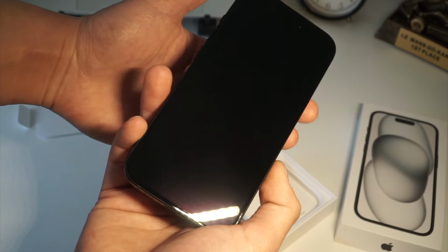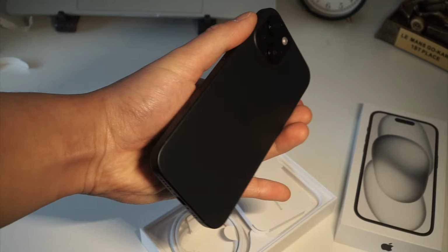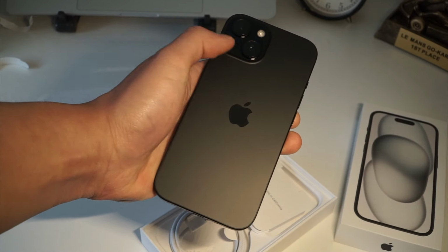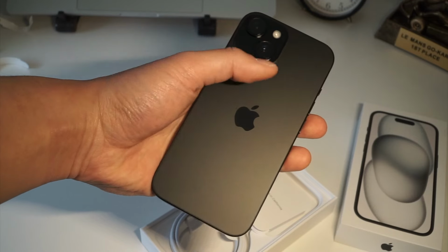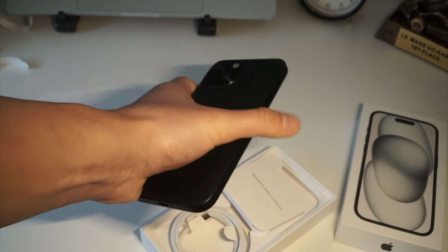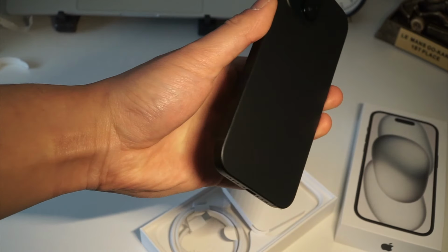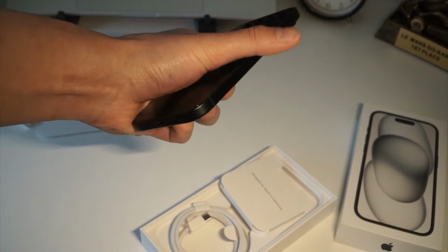Beautiful. It looks beautiful, I'll be honest. And it looks like it doesn't attract fingerprints. Just a tiny bit if you've got oily hands or sweaty hands, but otherwise, I don't really see any mark on the back side of the iPhone. It feels nice. It feels great. And inside,